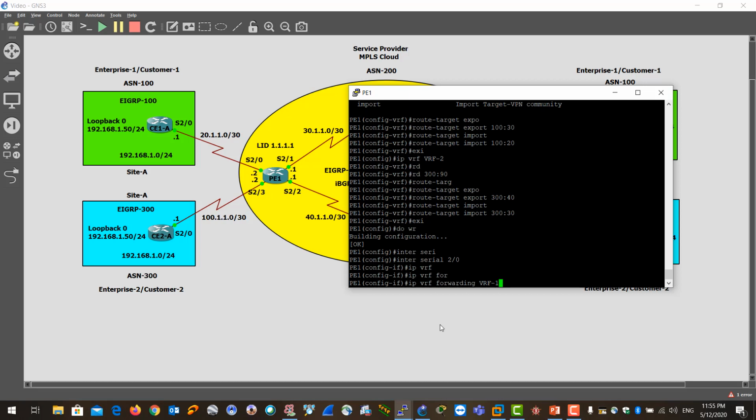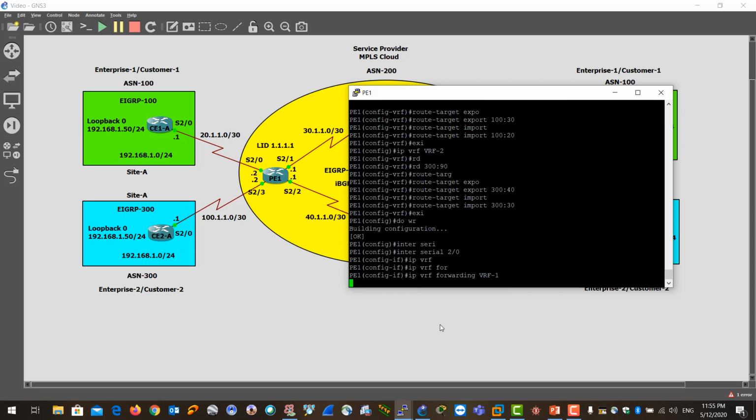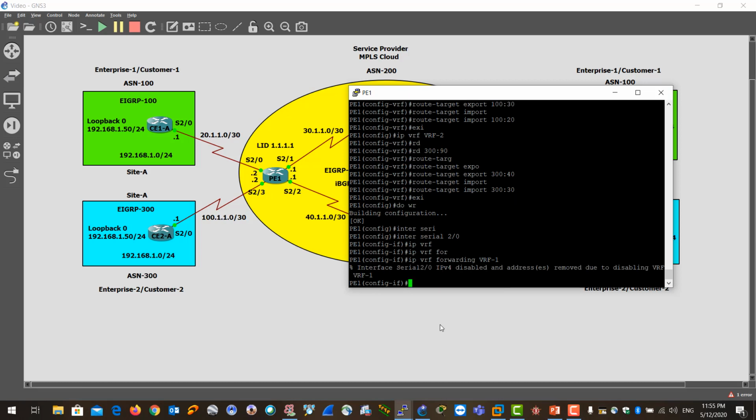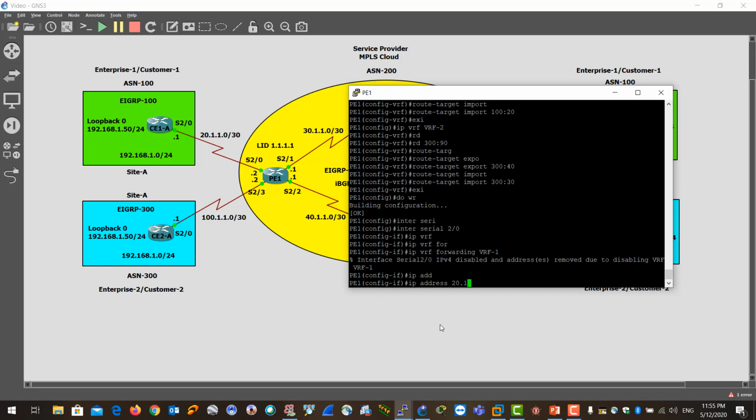This will remove the IP address of the interface, so we will need to reconfigure the IP address of the interface. So let's hit enter. Okay, and then IP address